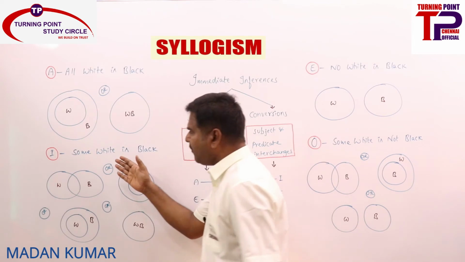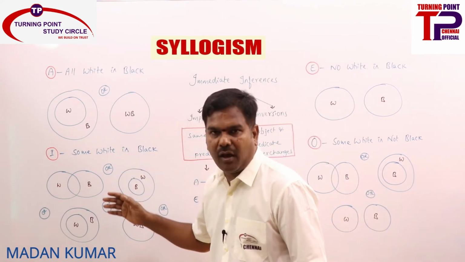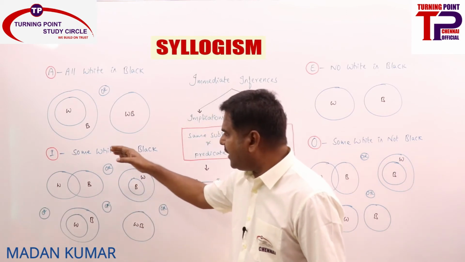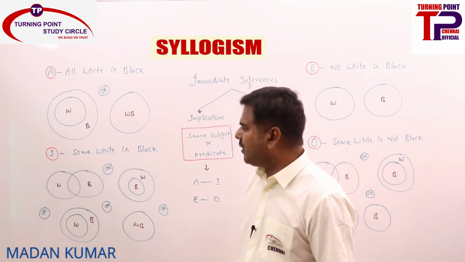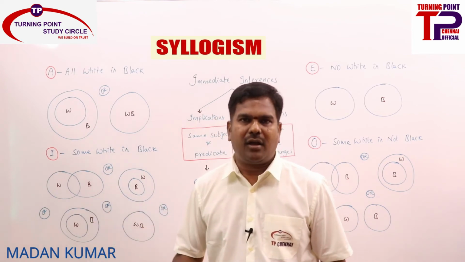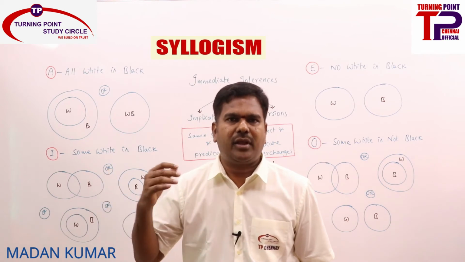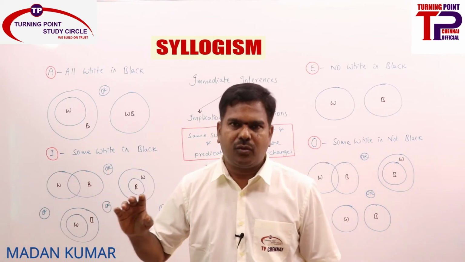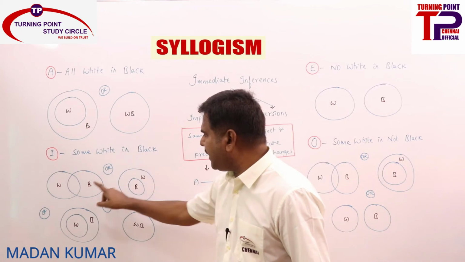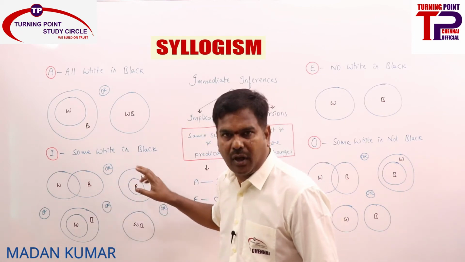Now see whether from I we can derive A statement, A reverse, O, E, all these things we will check. Now whether I is implied by A statement. What is A statement? All white is black. It is wrong. If it fails in any one of the diagrams, no need to check others. Directly you can go ahead with failed only. All white is black is not true, no need to check others because it must be true in all the diagrams.